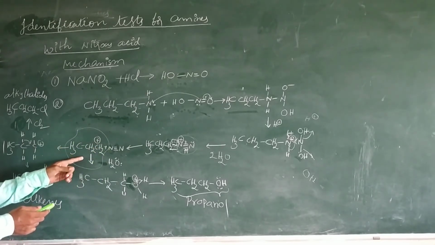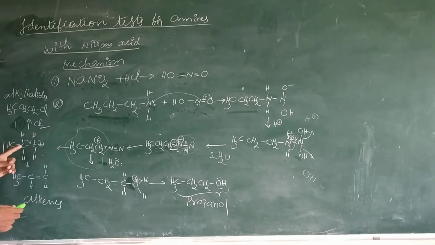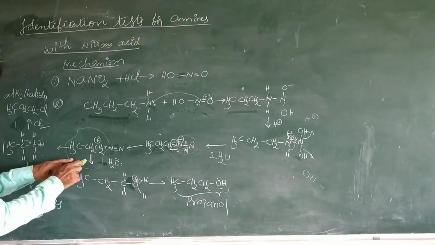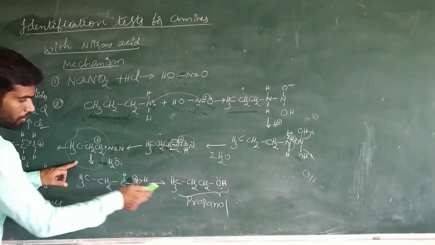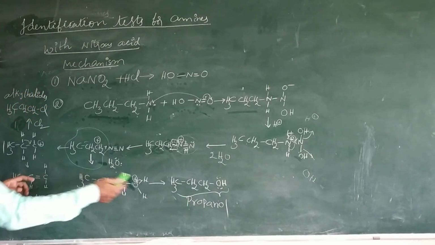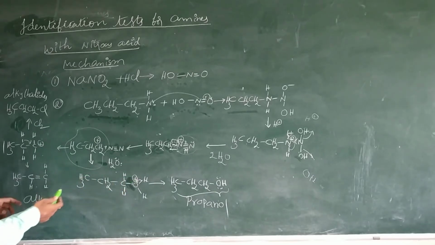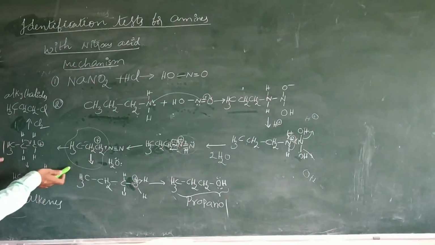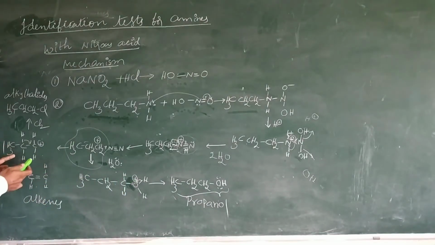And if this cation is further reacting with the water molecule, we get the alcohol. In this case, propanol or propyl alcohol. If this molecule undergoes reaction in a different manner,